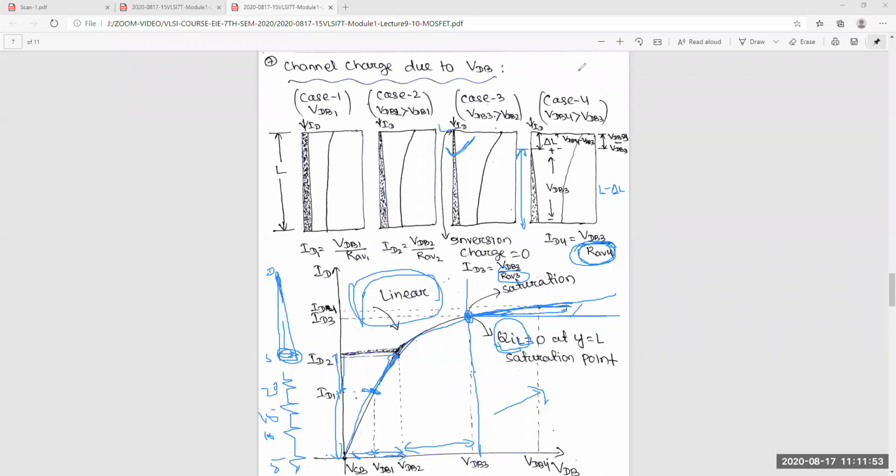Sir, for example, for 180 nanometer, if we are using short channel devices, is it necessary to know how much VDB we are going to give, such that it does not reach the breakdown point, because it will reach that point much earlier? Yes, that's why you have to know. Suppose you are working on 180 nanometer technology, that is fixed. It's a 1.8 voltage technology, so you cannot give 5 voltage to that.